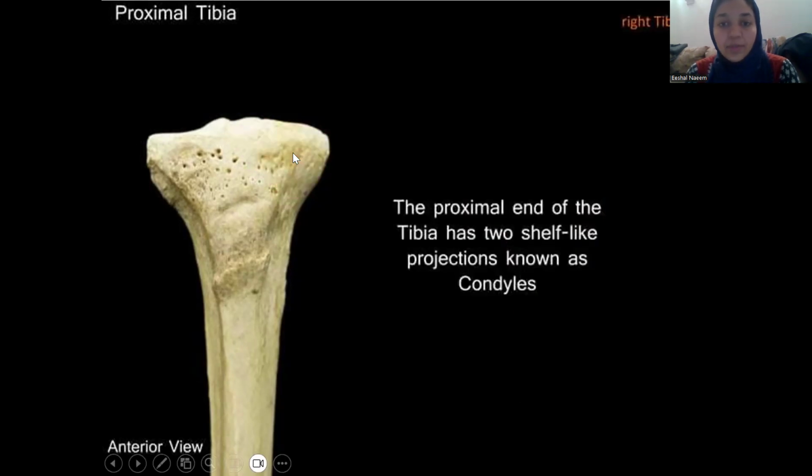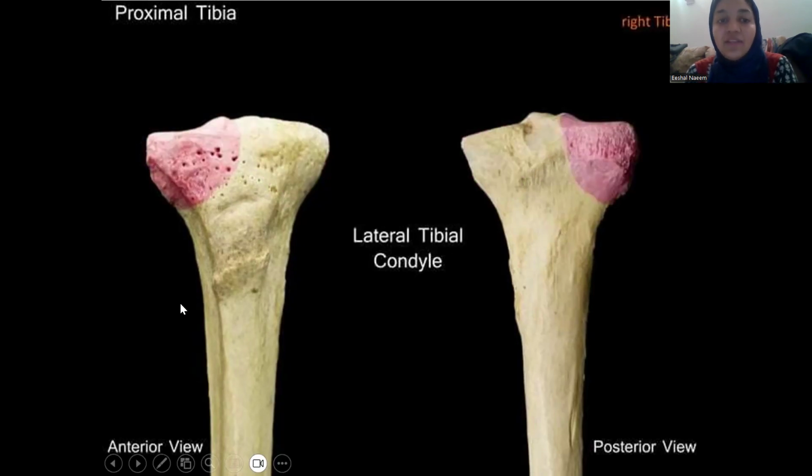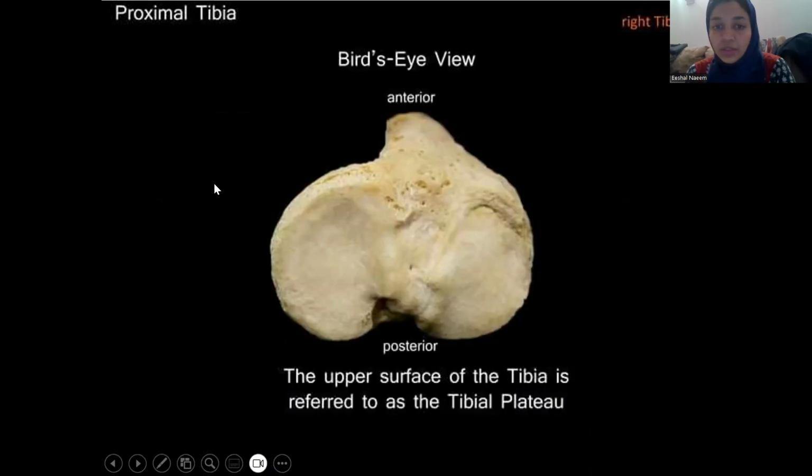So we have the medial tibial condyle here. The proximal end of the tibia has two shelf-like projections. We have the medial tibial condyle, and then we have the lateral tibial condyle. We can see this very clearly, right? And we've studied that the medial tibial condyle was oval and aligned anterior-posteriorly, and the lateral one was small and circular. Here you can see, as I was showing to you. So this is the medial one and this is the lateral one. And here is the intercondylar eminence, and these two are the tubercles. And we have a groove here and here, anterior and posterior side, for the attachment of the menisci and the cruciate ligaments of the knee joint.